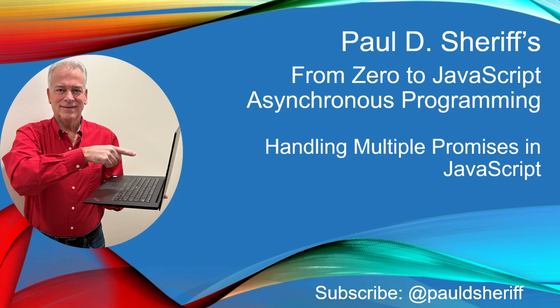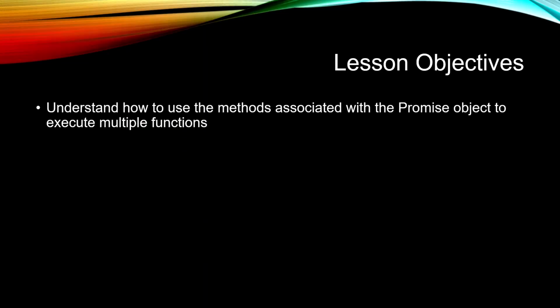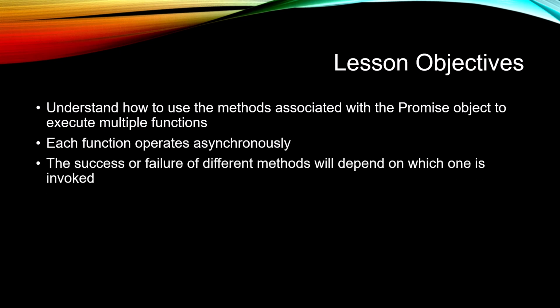This lesson is handling multiple promises in JavaScript. The objectives for this lesson are to understand how to use the methods associated with the promise object to execute multiple functions. Each function operates asynchronously, and the success or failure of the different methods will depend on which method